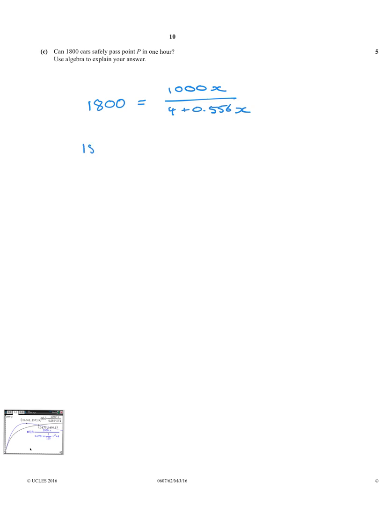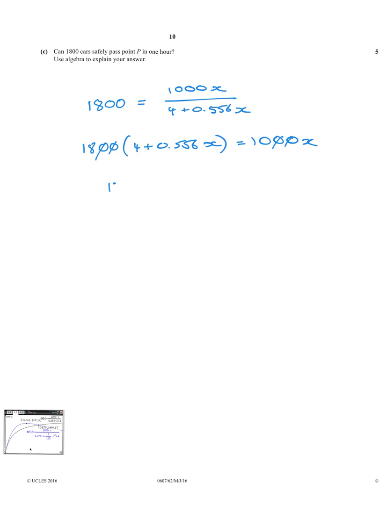I've got 1,800 multiplied by 4 plus 0.556x equals 1,000x, meaning if I expand this, oh actually I can divide by 100 on both sides, might make life a little easier, which leaves me with